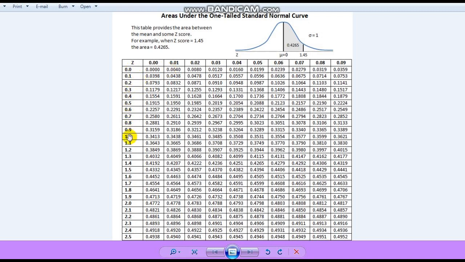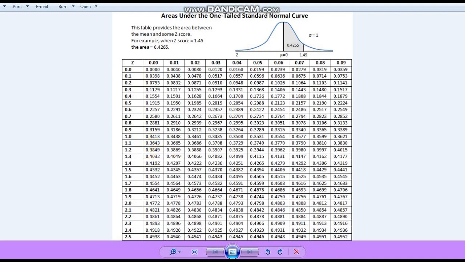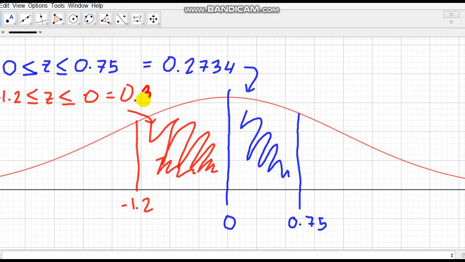So this is 1.2. Since the hundredth digit is 0, we just look at 0. So the area of 1.2 is 0.3849. Therefore, the area of this region is 0.3849. So this area here between 0 and negative 1.2 is 0.3849, while the area between 0 and 0.75 is